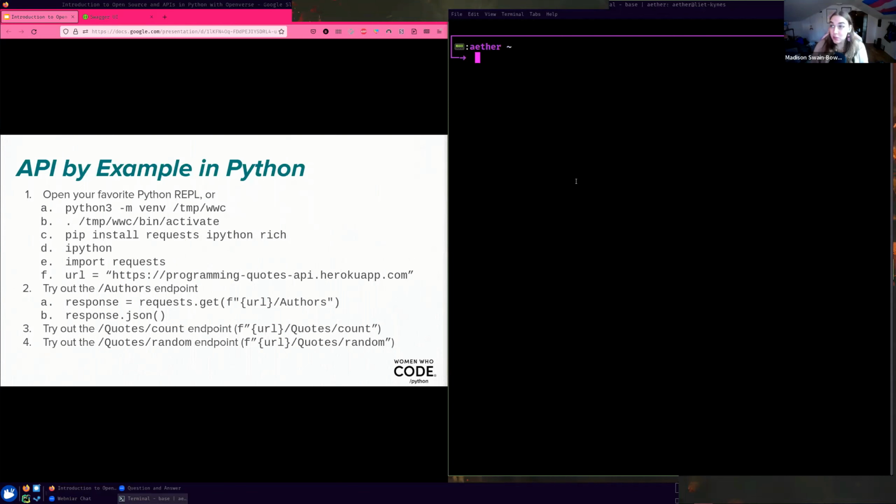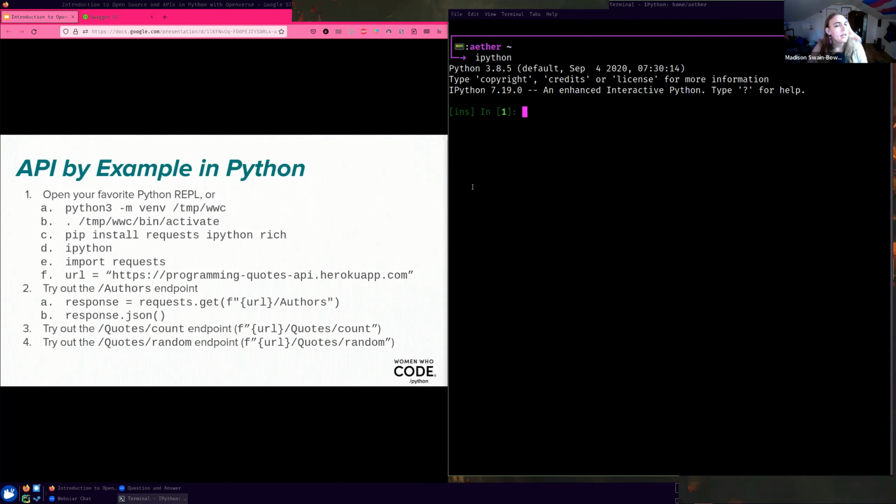So what we're going to do is the same exact set of steps, but instead of performing those actions using the Swagger UI that the API provided, we're going to perform them in Python. I have some instructions here for creating a virtual environment that has a REPL, which is a read, evaluate, print loop. My favorite one is IPython. Please feel free to follow those instructions if you would like, but here I have IPython. And so we're in a loop for evaluating Python code.